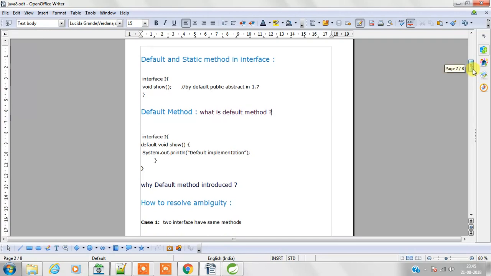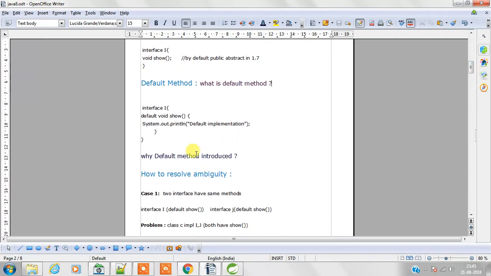But the question is why this default method has been introduced in Java 8. Default method has been introduced to provide backward compatibility so that existing interfaces can use lambda expression feature without implementing the method in implementing classes. So suppose